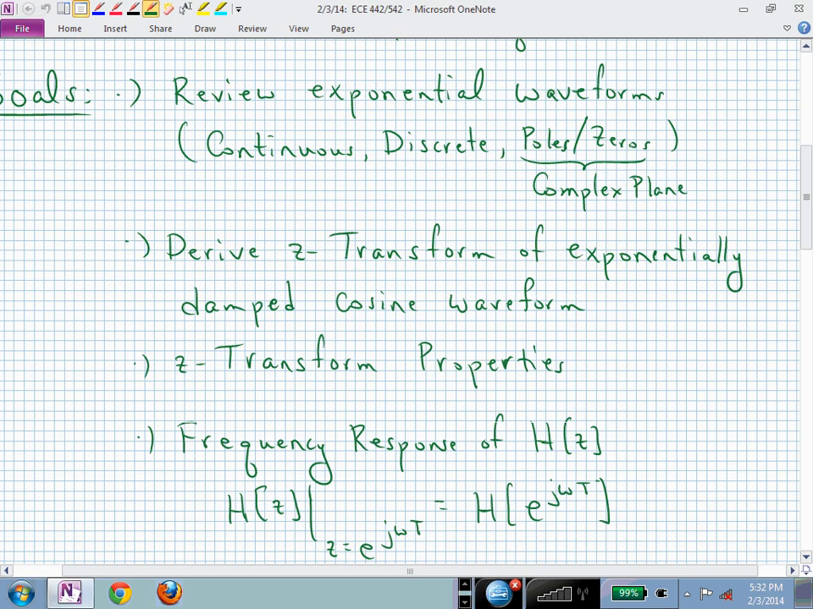We will then derive the Z-transform of the exponentially damped cosine, and then on a homework problem, you have to derive the exponentially damped sine, and that should just be a straightforward repeat with a slight variation, on homework problem number 4 on homework set number 2. We'll simply state some Z-transform properties. Those should not come as any surprise if you're comfortable with the Laplace transform. Then we will look very quickly